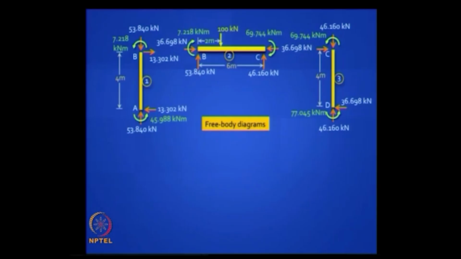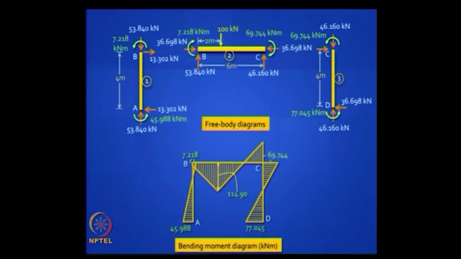Then you draw the free bodies. When you draw the free bodies, you are now in a position to draw the bending moment diagram, if you wish the shear force diagram, etc., etc. Is it clear? It is as easy as that. So we have done one plane frame